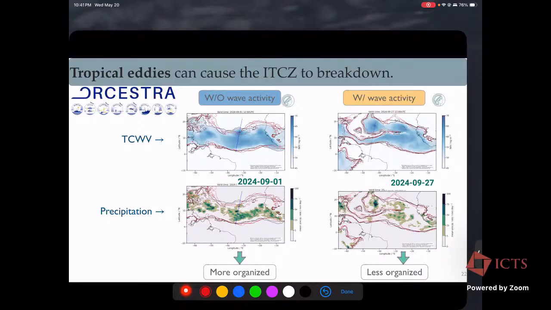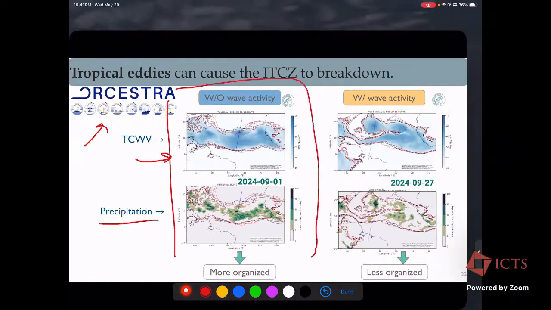Of course, tropical eddies can cause the ITCZ to break down. This is, for instance, from the ORCESTRA field campaign. These are the maps from the ORCESTRA field campaign. The first row represents the total column water vapor, and the second one represents the precipitation. And this part of the figure is without wave